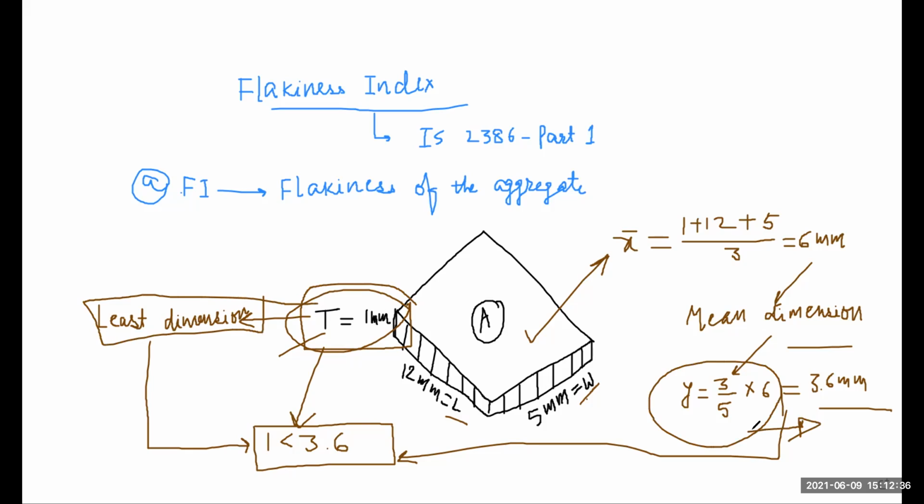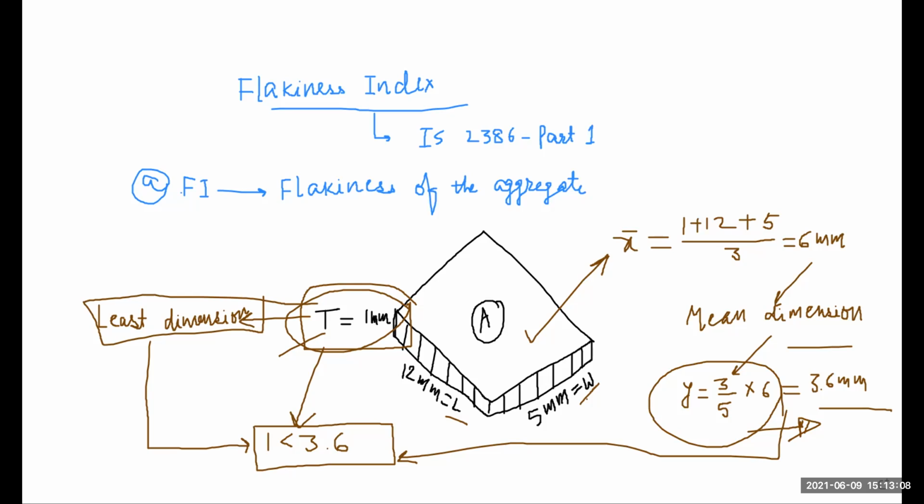Can everyone understand? Sir, is everything clear? If the thickness is non-uniform, then... Just recall from your side. I already said this example is only for understanding purposes. Practically, if the thickness is non-uniform, you are talking about practical cases. Practically, we do not find aggregate of this size or this geometry.